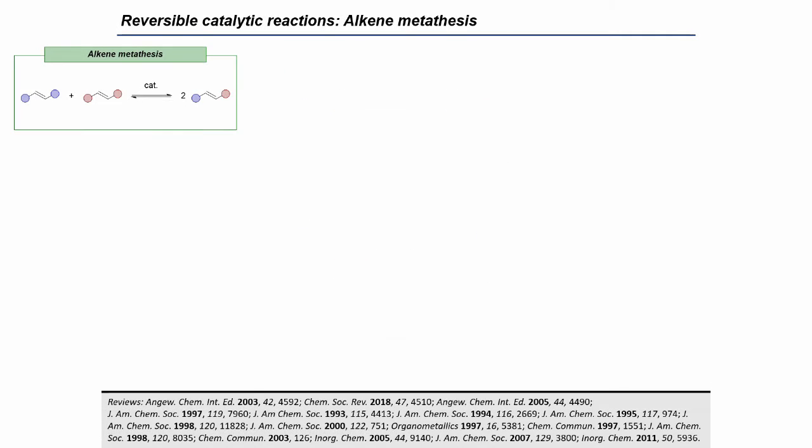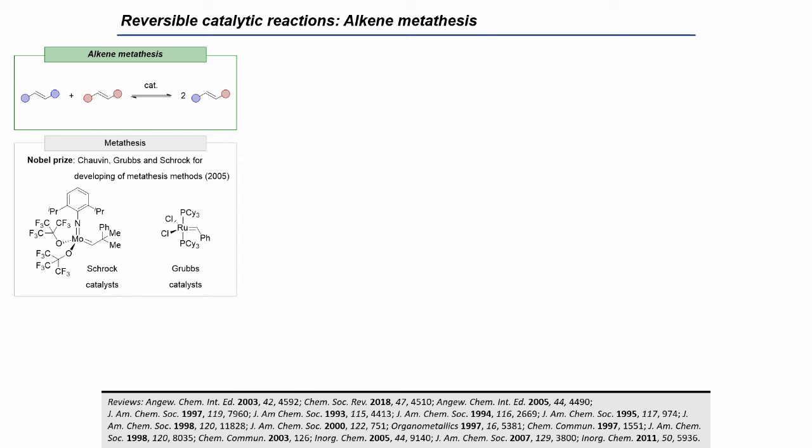One classical example of a metathesis reaction is alkene metathesis. Due to its broad functional group tolerance and recent achievements in catalyst activities and selectivities, it found widespread application in organic and polymer synthesis, the valorization of biomass, and in dynamic combinatorial chemistry. The Nobel Prize in Chemistry was awarded to Chauvin, Grubbs, and Schrock in 2005 for their key contributions in